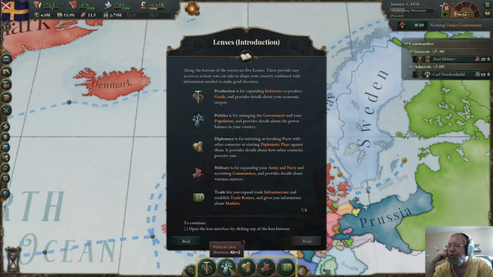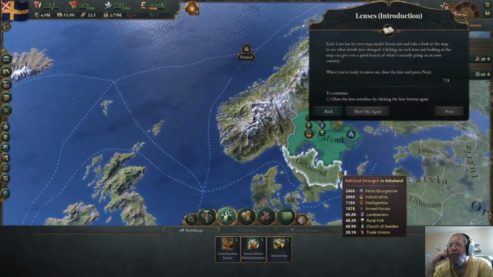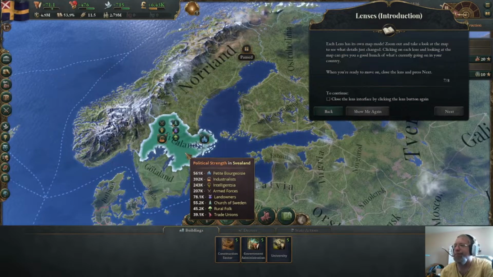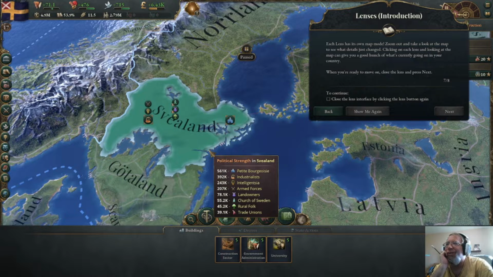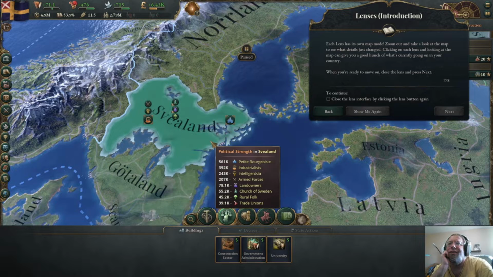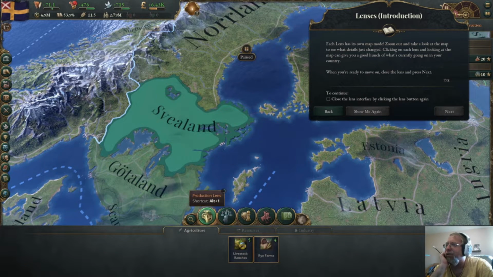Oh, so let's do politics. Okay. Because we're in this map mode, we can see everyone's in Spelaland. Each lens has its own map mode. Zoom out and take a look at the map, see what details just changed. Clicking on each lens and looking at the map can give you a good hunch of what's currently going on. When you're ready to move on, close the lens. So if I go to industry...